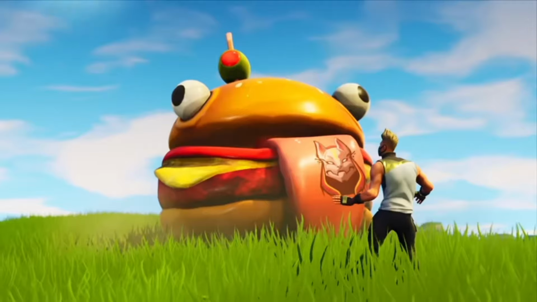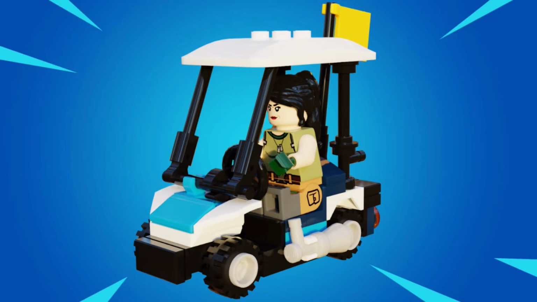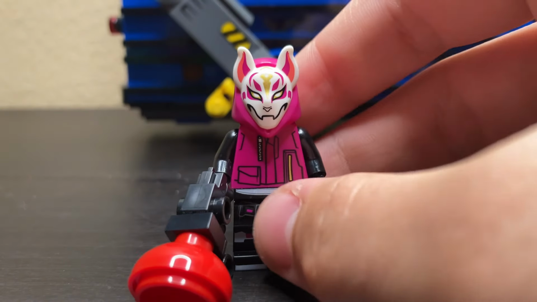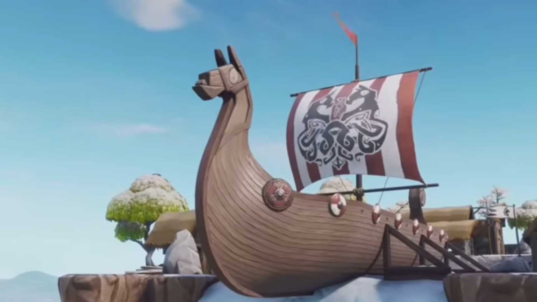Starting off with the small set, I think a golf cart would be perfect. It's not too big and is instantly recognizable to anyone who's played Fortnite before. 2 figures would make sense for a small $15 to $20 set like this. Realistically, it'd be something along the lines of a random default skin and a reused figure from the battle bus, like Drift for example. I think that the Viking village would make for a great $40 to $60 medium scale set,